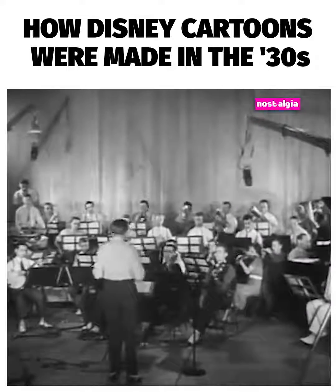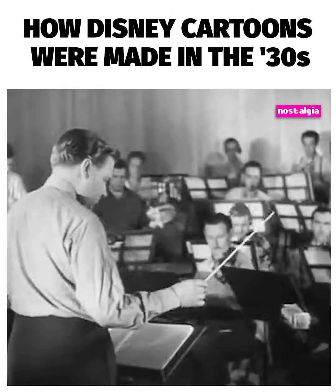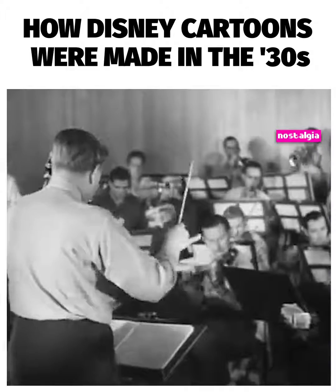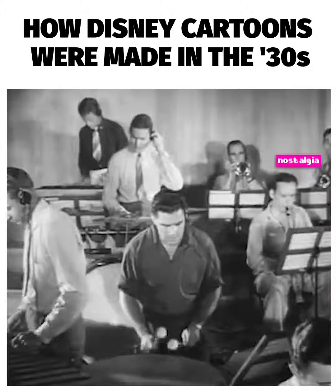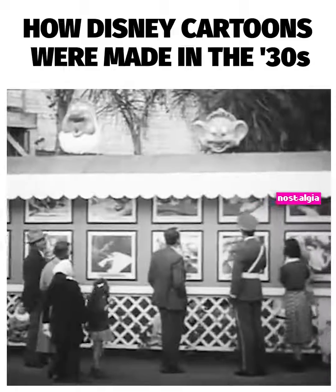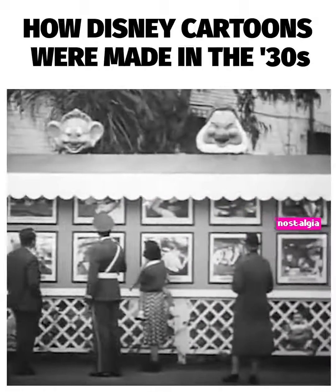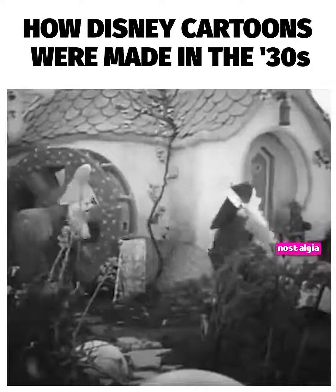Finally, a symphony orchestra records the musical score, the hit tunes that will thrill listeners the world over. Now comes a crucial moment, the picture's world premiere in Hollywood. Crowds flock to see an animation exhibit set up outside the theater and to enjoy Dwarfland, a miniature village with